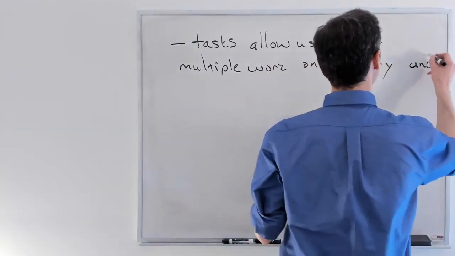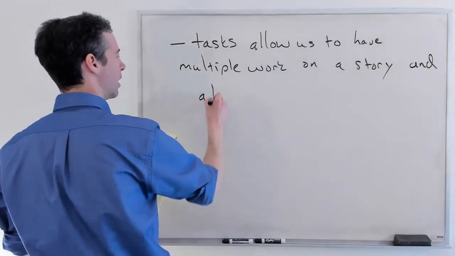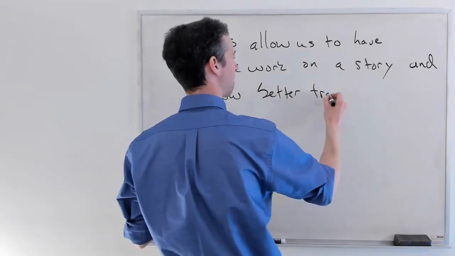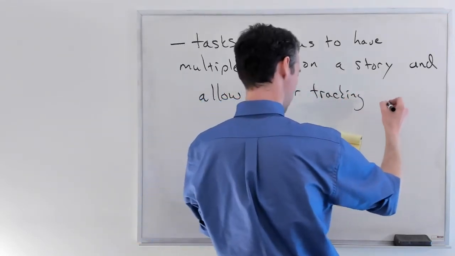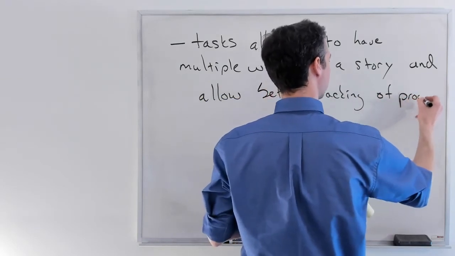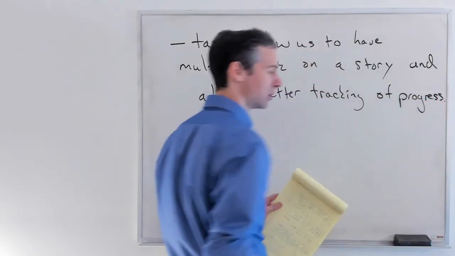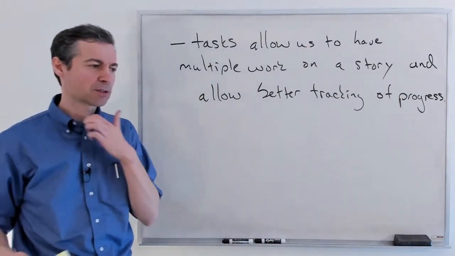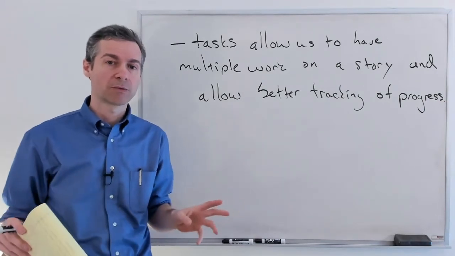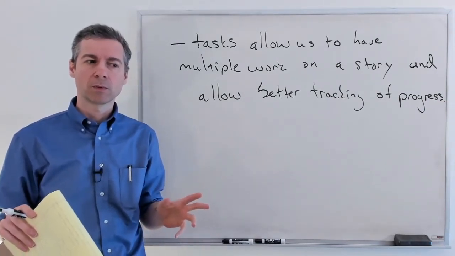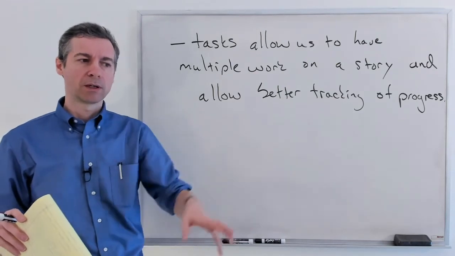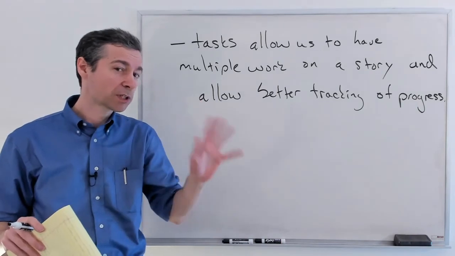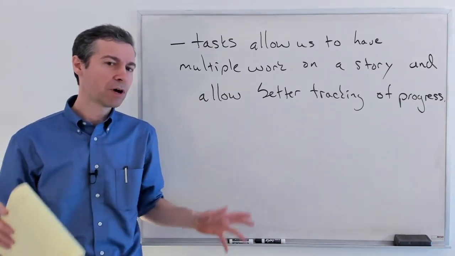And the other nice thing about this is it allows better tracking of progress. Now, this is a finer grained tracking of progress. One of the really big problems that we can have in software is people, what we say, this is in the Dynamics of Software Development book, going dark, which basically means we don't know what they're doing. They're off in their own world. We never really hear from them. They say they're working, but we don't know.